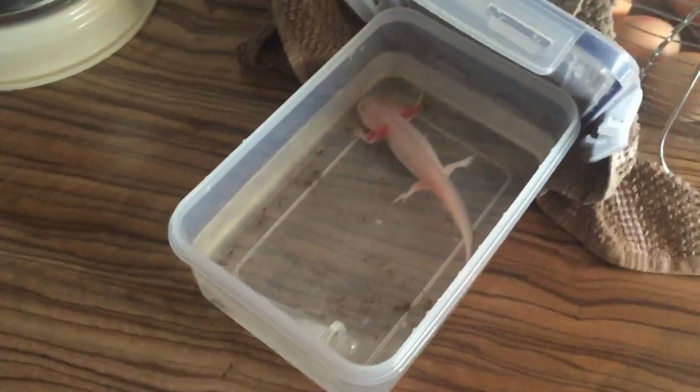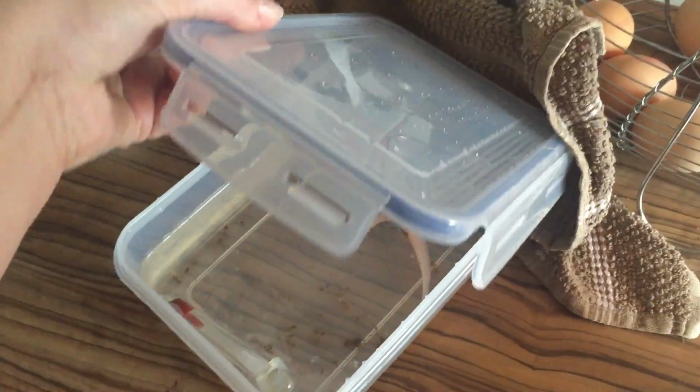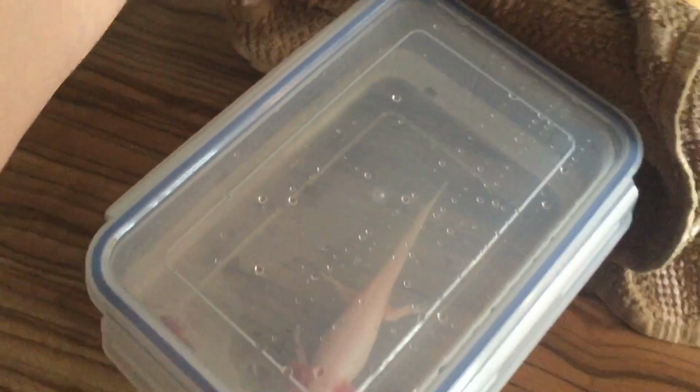So I think the fridging did him a world of good, and I'm quite pleased really, because I really don't like leaving him in there. Although he's quite happy. So I'm going to cover him up now,